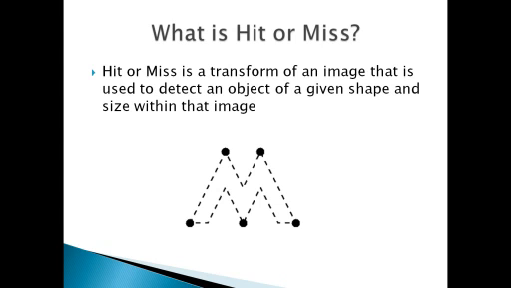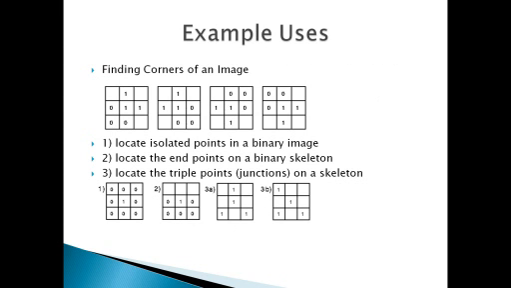Here are some example uses that are helpful. We can define the structuring element to find the corners of an image. And below we have some cases, for example, to find the isolated points in a binary image. There's that example. And to find the endpoints in a binary skeleton, you might want to use the structuring element